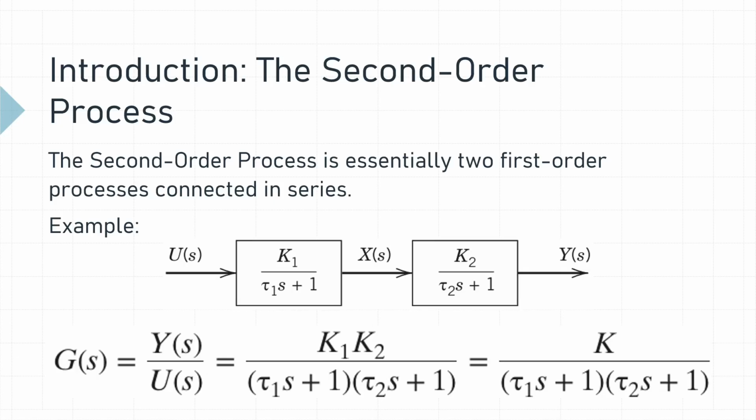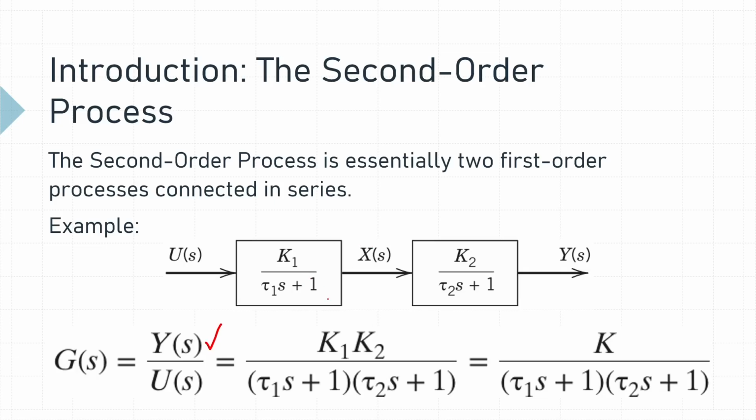As previously noted, this can arise when two first order processes are connected in series. Say two stirred tank blending processes, each with a first order transfer function relating inlet to outlet mass fraction, might be physically connected so that the outflow stream of the first tank, such as this one, becomes the inflow stream of the second tank, just like that. This gives rise to the second order transfer function G(s), which is just the ratio of your output over your input. That's this one right over here.